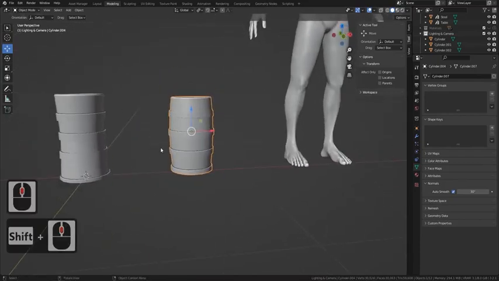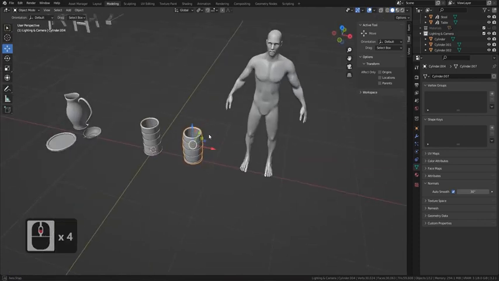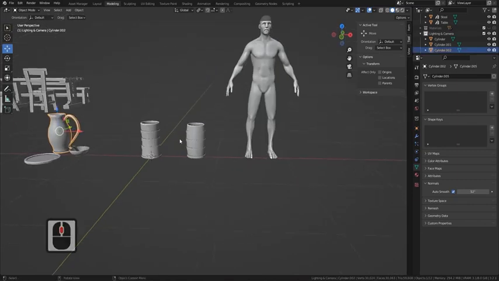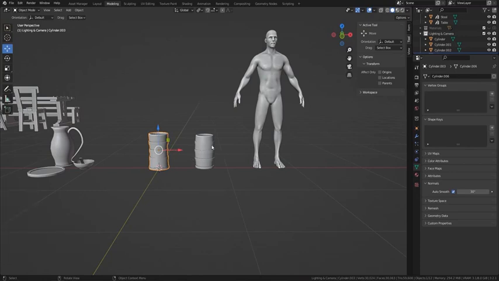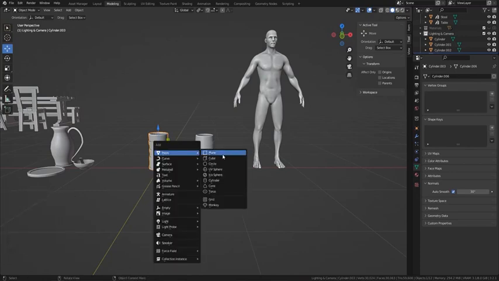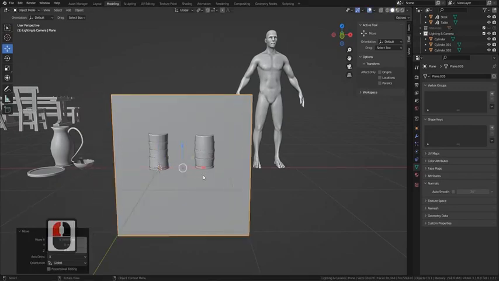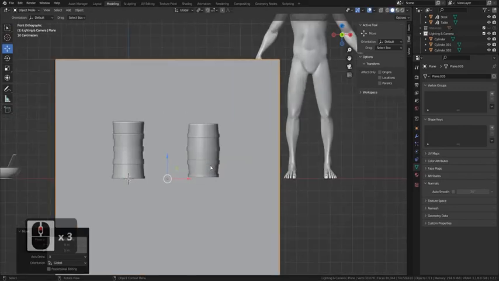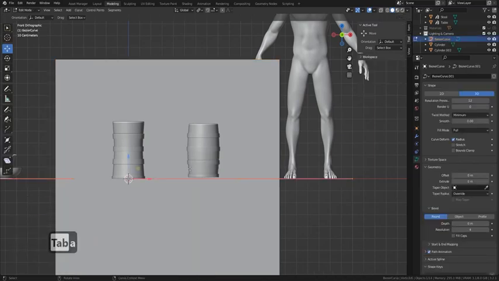Okay, 2 elbows done. All we need now is the handles, and I think we'll have, as you can see on the reference, a more intricate handle on this one, a more simple handle on this one, and we're going to do it basically the same way as what we did with this jug here. So let's come in, and first of all, I think we can do both at the same time. So what I'll do is I will press Shift A, bring in a plane, spin it around, so RX90, and then just move it to the center, like so, and now bring in a curve, so Bezier curve, Tab, A,